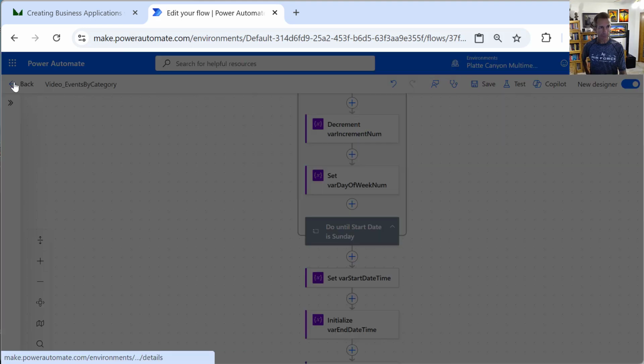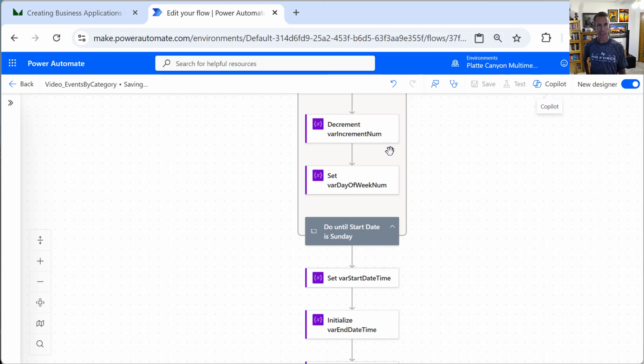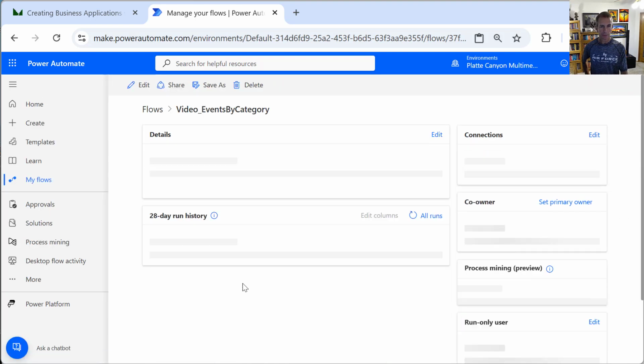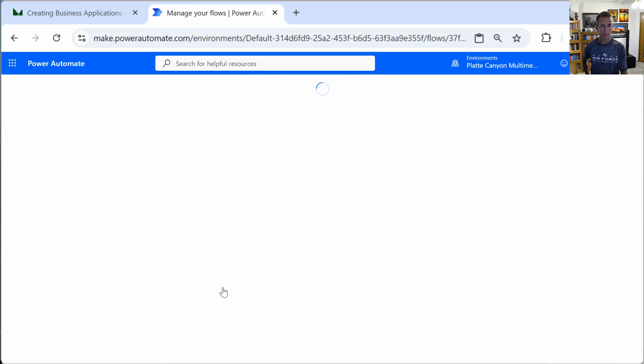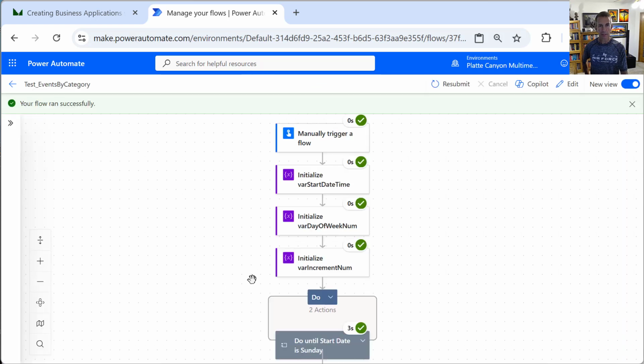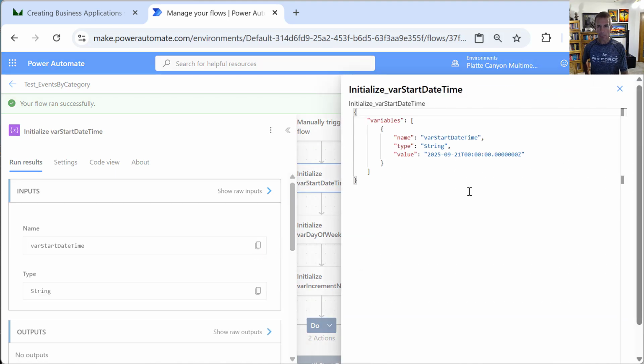So let's go back actually while we're just on that. Oh, and actually, let me save it because I just changed the name of that label. And I'll go back to the previous one that I ran, and we'll just look at that part because we'll probably need to do this several times because it does get a little bit involved. There we go. So let me go back to the most previous time, 14 minutes ago. And let's just see it. So the start date, I can see the output. So notice how it's 0, 0 here, but